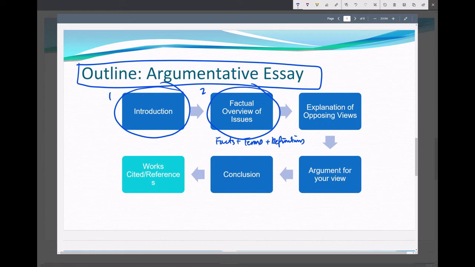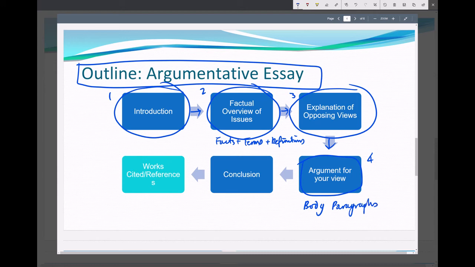Okay, and then you would explain your opposing views. And then the arrow actually goes this way. So number 4, you would argue your view. So here are your body paragraphs that you're used to.